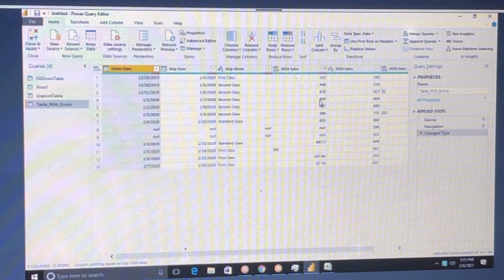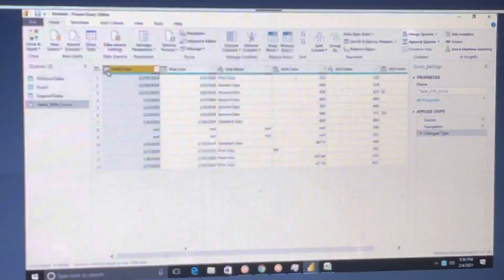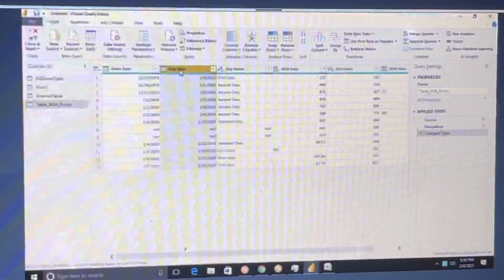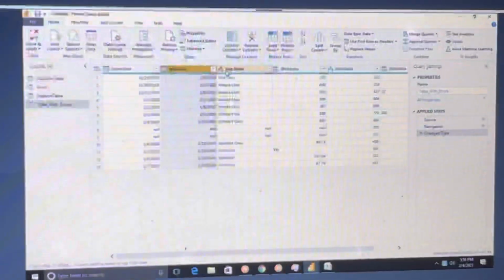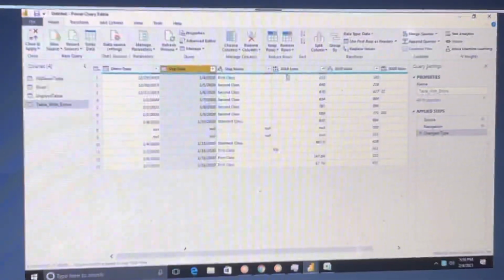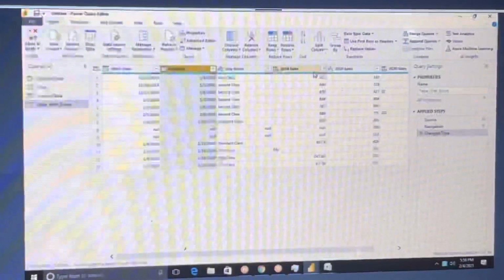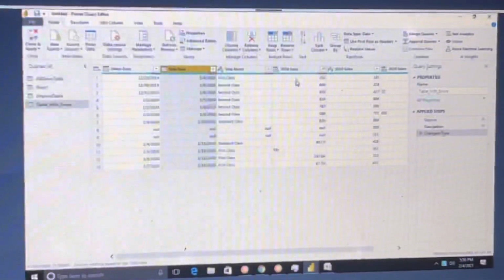If you observe here, this is the date format, so you can see that date symbol. This is also date, right? Now this ABC means it is a text value. Now this is ABC 123. Power BI is not able to recognize whether it is a text value or number value.